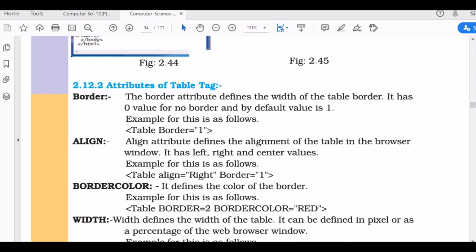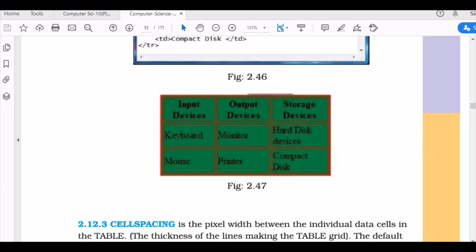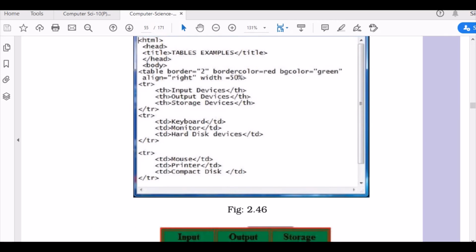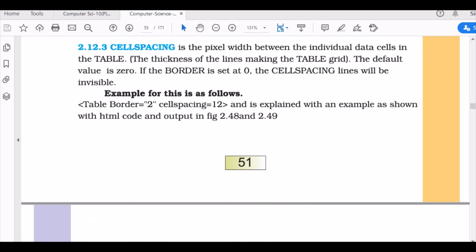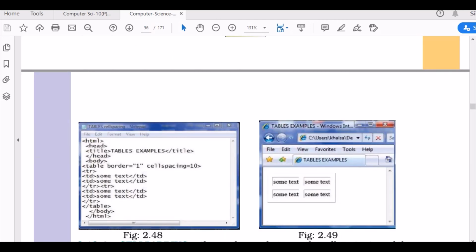Now there are different attributes as well. You want to increase the table border, align, border color, width, like this. You want to give border, you want to give color to the background. The same tags used in a different way. Attributes. Cell spacing, space between two cells.